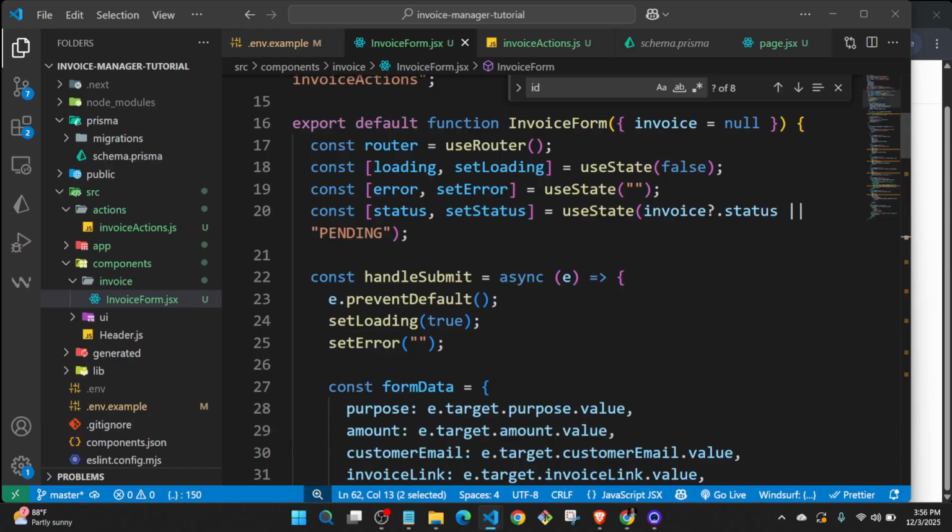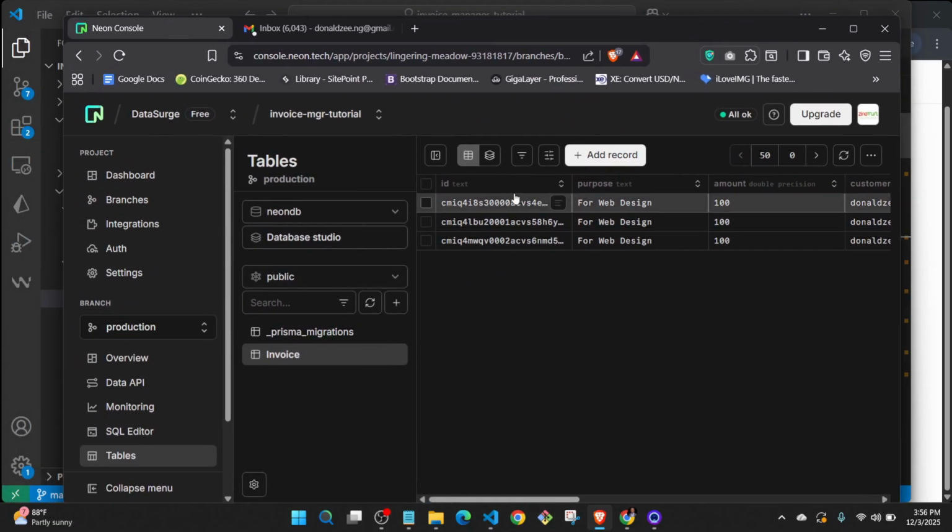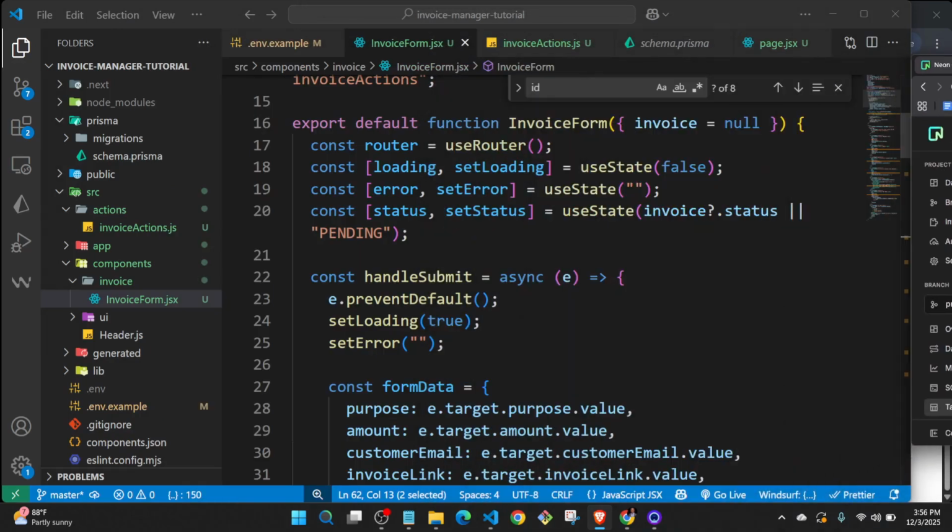Oh, so I think I found the error because let me bring in my database. In my database here, I saw that the invoices were actually being created. You can see I've created it 3 times. So there's no problem with creating the invoice. The problem is with the ID